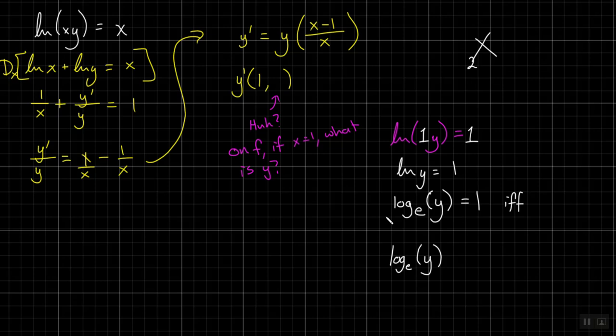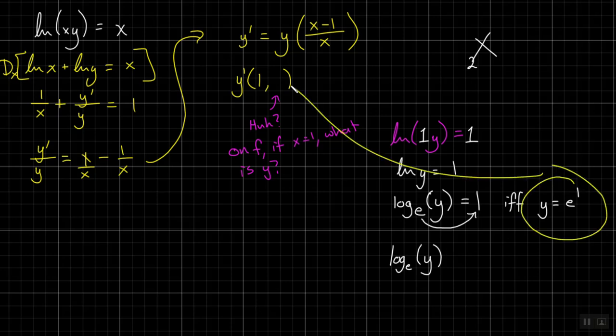When we look at this, what's the base of this log? E, and it's always weird, but the way it's defined is this is the power. It would still look stupid, but that's okay because it's on the other side. It's clearly not this one. This is true if y equals e to the power of 1, which, what's e to the 1? E. Holy cow, check this out. All of this, and I'm going to switch color on mine, comes back in here. E is my point. All of a sudden, we now have y prime of the point 1 comma e, which equals e